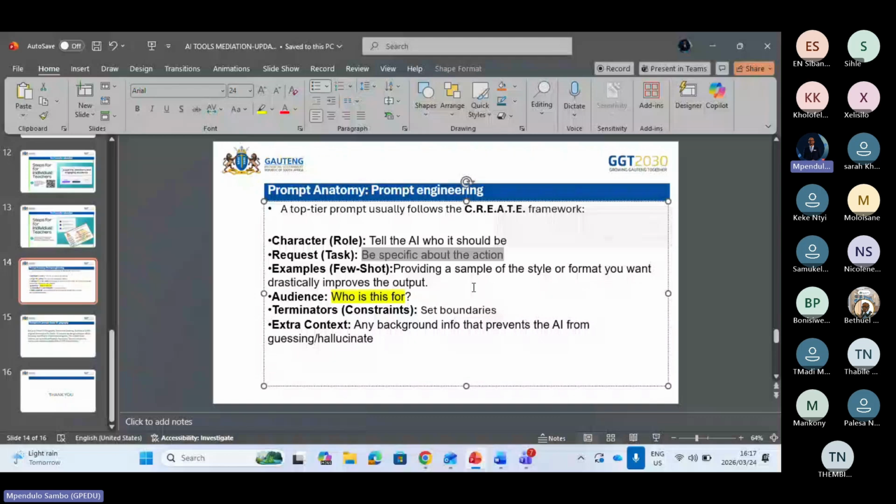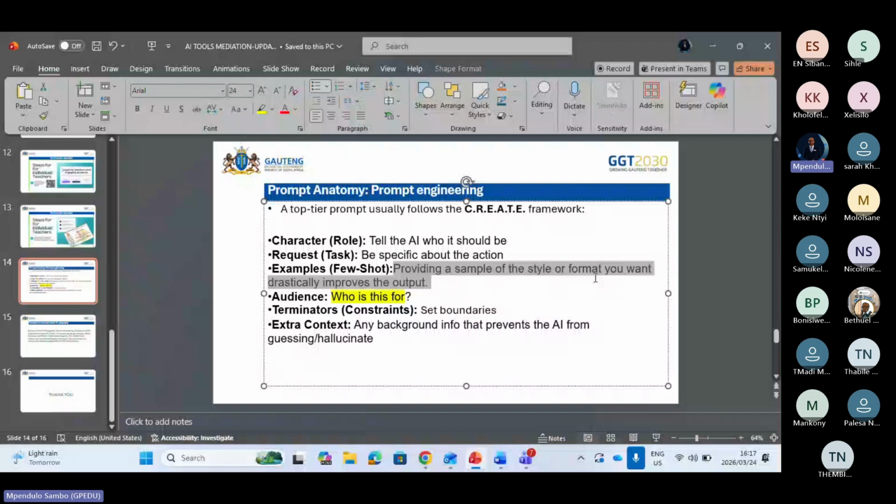the audience, who should the lesson be for? Who is this for? Let me give you an example on this one. You can create a nice lesson, but if you don't specify, AI tools will go to the internet, will get all the information about that particular topic. For example, let's say we are talking about in geography, we have got greenhouse gases.